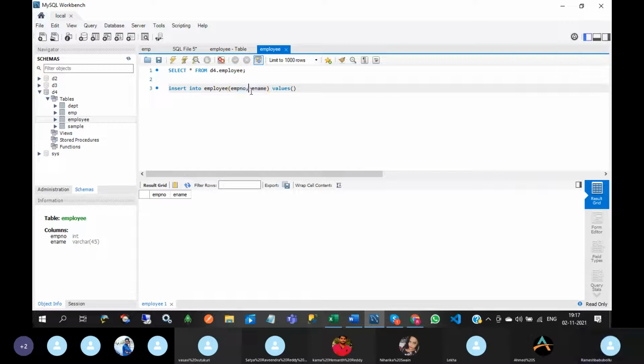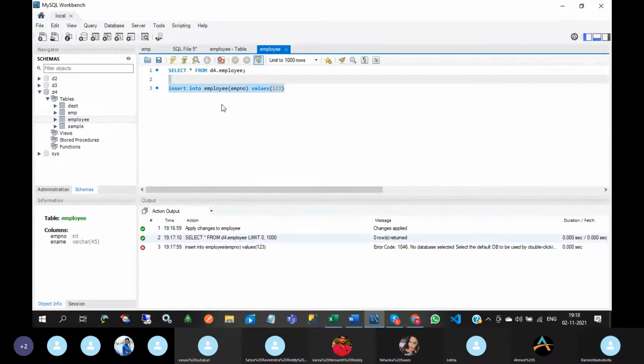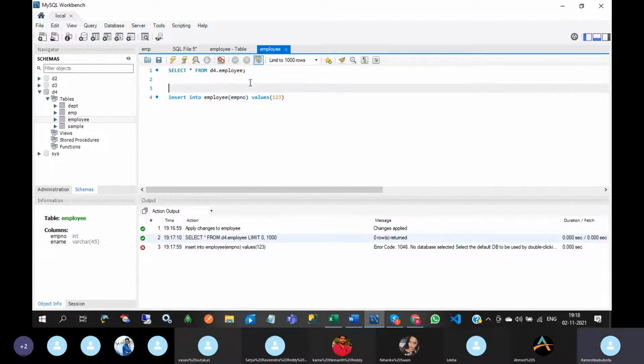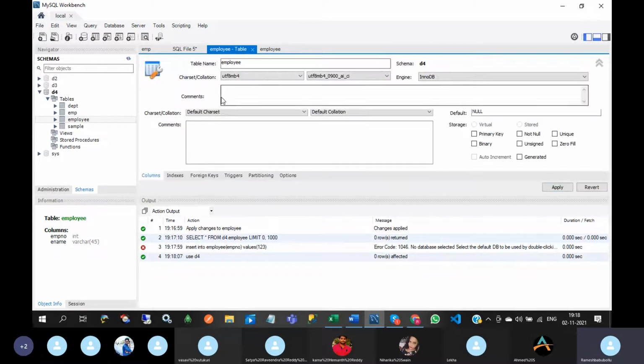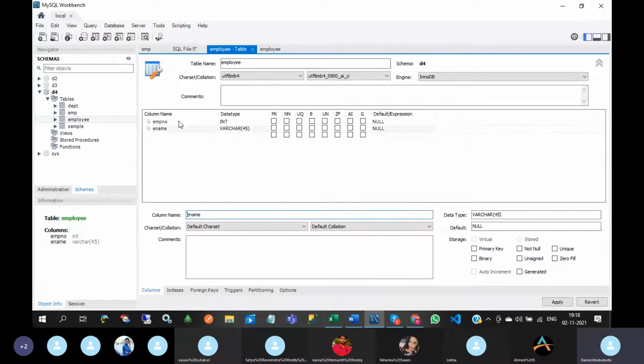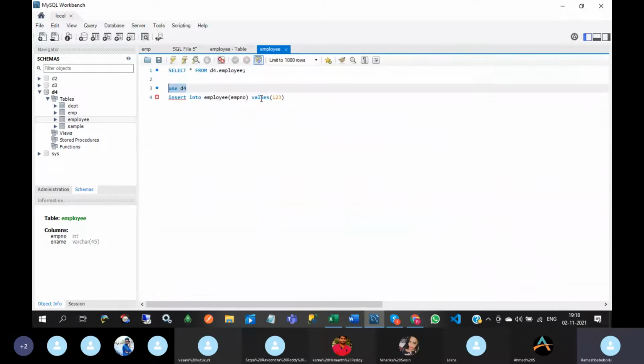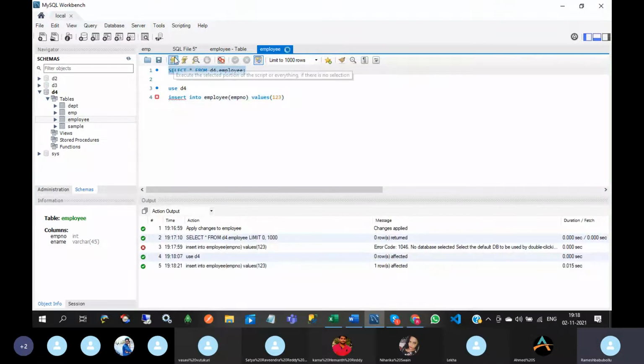I don't want to insert values into the ename column, so 1, 2, 3 I'm going to insert. No database is selected, so use the database. Here I am not considering ename, only the EMP number. So one record has been inserted.